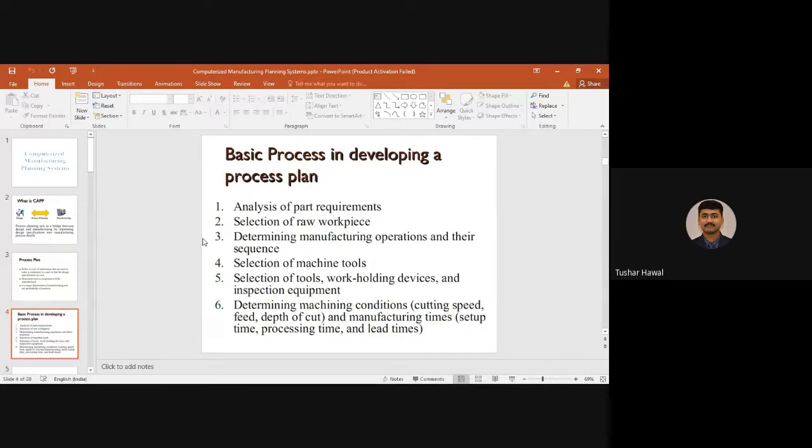Next, the basic process in developing a process plan: analysis of the part requirements. You have to analyze what all the requirements are for that particular part, whether it requires any special raw material that is not available in the factory, whether you have to order it or whether it is readily available in the market.